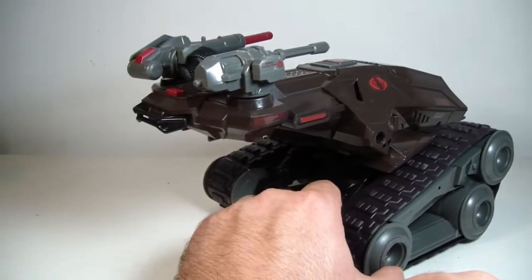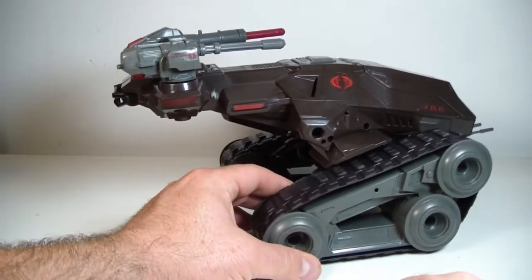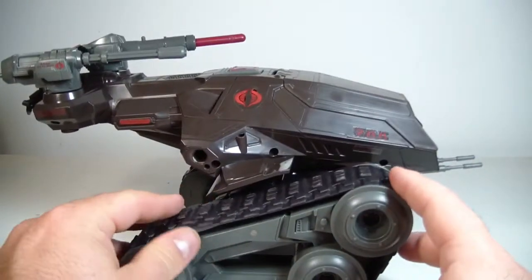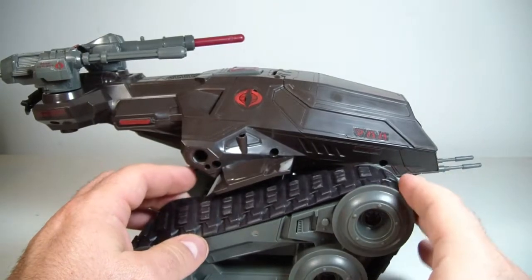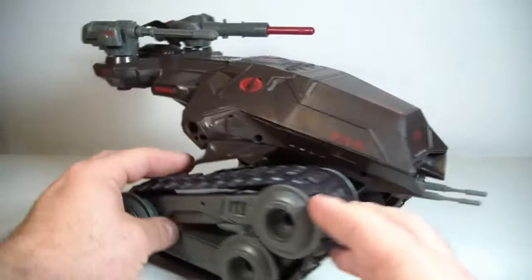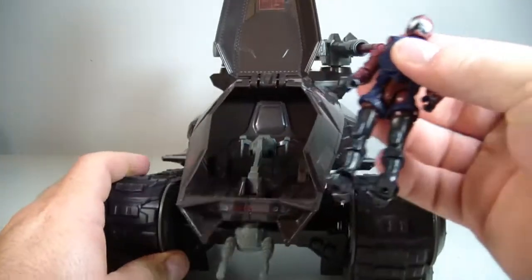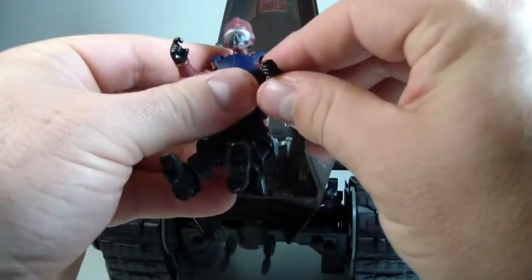They do move. On this surface, they are just tending to stick a little bit, and over time, the working treads will end up breaking down. This is just rubber, and rubber is going to break down over time. So there's that. You simply want to take the driver, bend his legs there, arc his arms up a little bit like so,